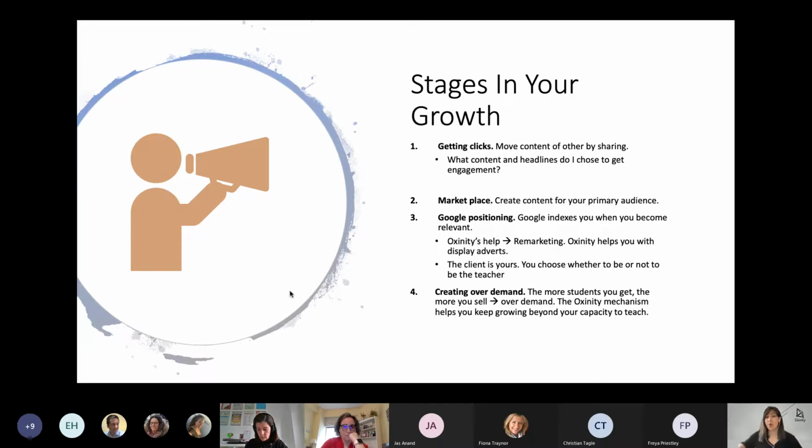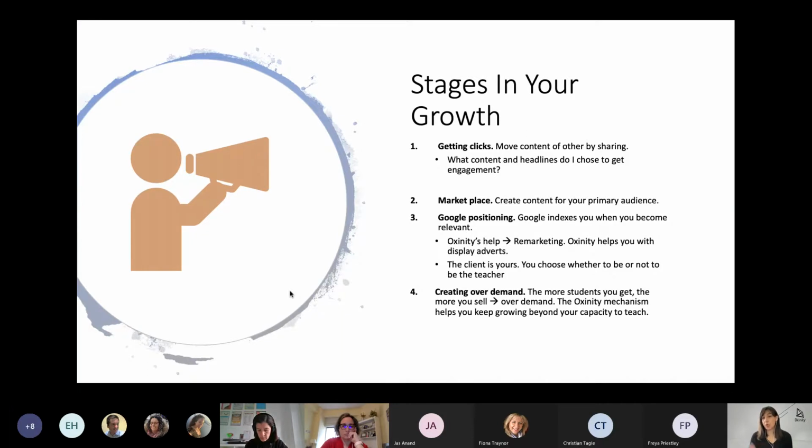And then our help: I will show you in a minute what it means to use display adverts for remarketing. I have a great example, something that happened to me yesterday. But as soon as you start being relevant in Google, even much later in time you will be getting clients. They have their search about whatever, they come across something they believe is relevant for them, and they click on you. So Google positioning operates long term. Remember the long-term strategies; we have to have them in mind.